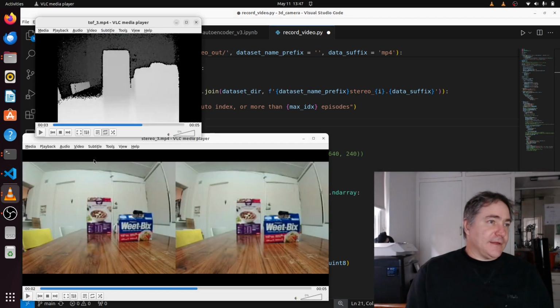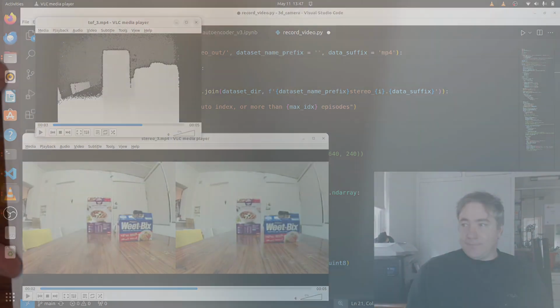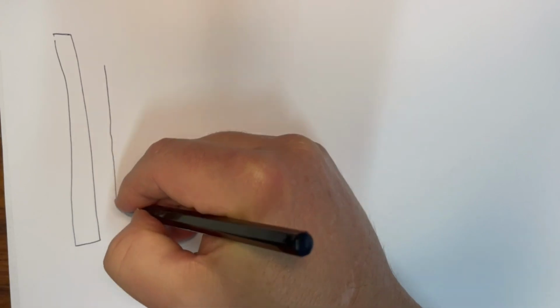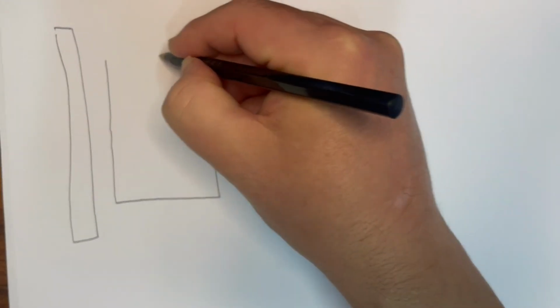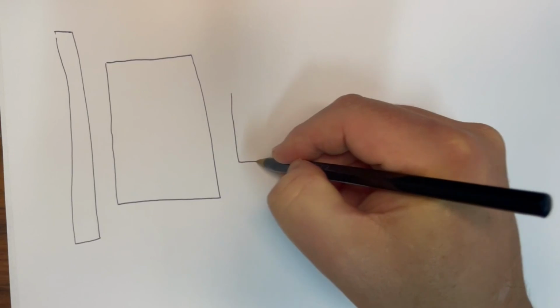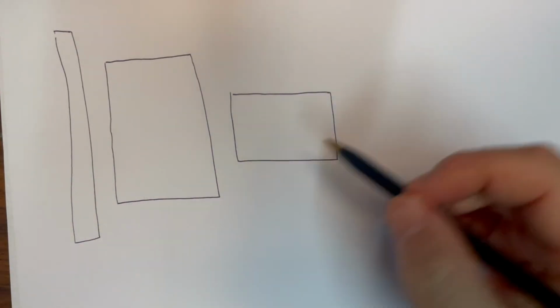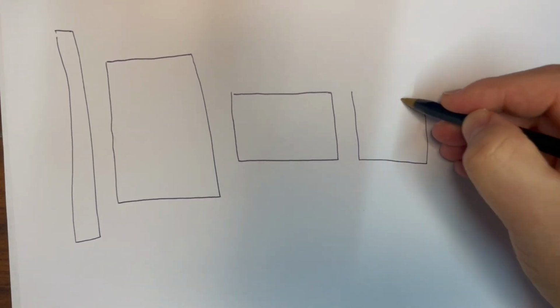So the convolutional neural network, where I use these as the input training data, and this is the label data. I'm using a convolutional neural network, and the structure I'm using is called an autoencoder. So it has an encoder and a decoder. First we have our input here, and then we do a convolution on this and we downsample at each layer. What the convolutional neural network does is it preserves the structure of an image,